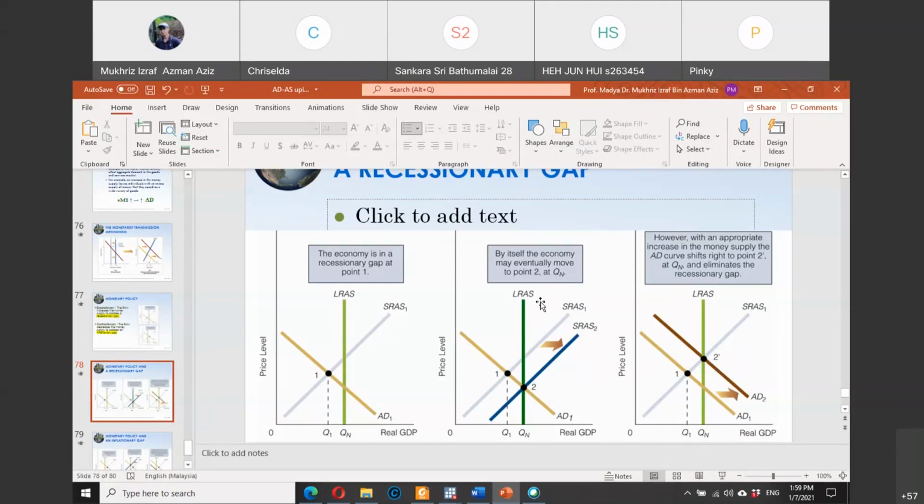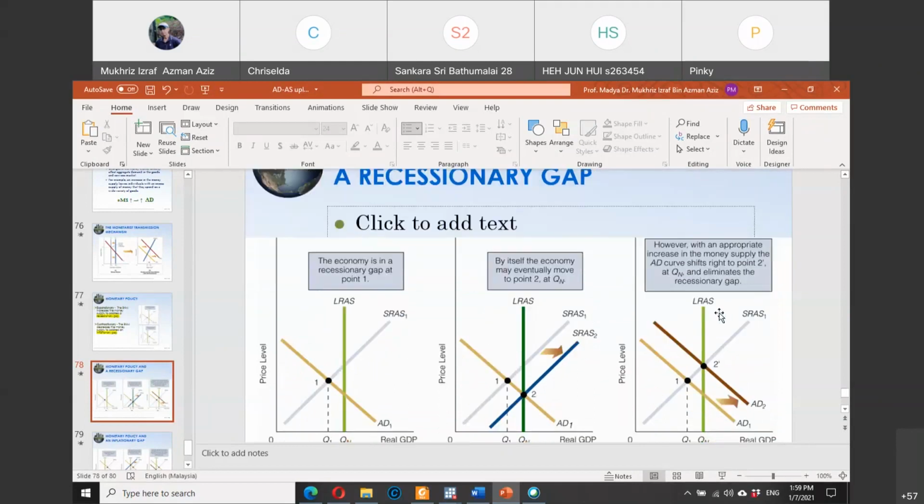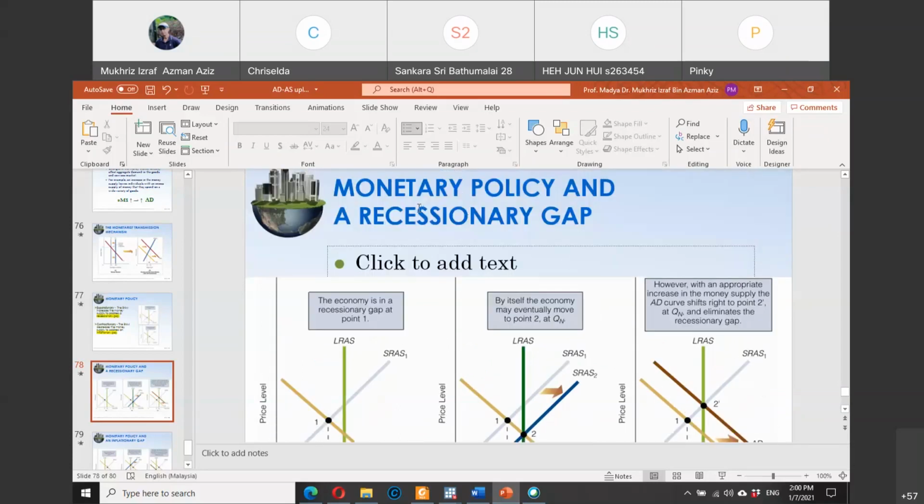So you can see here, by using expansionary policy, the graph that will change is not the supply curve, but the aggregate demand, because when the government uses fiscal policy or monetary policy, the aim is to change the aggregate demand. The supply curve is from the producer side. When the government reduces tax or increases government expenditure, that is part of increasing aggregate demand. The same goes with monetary policy.